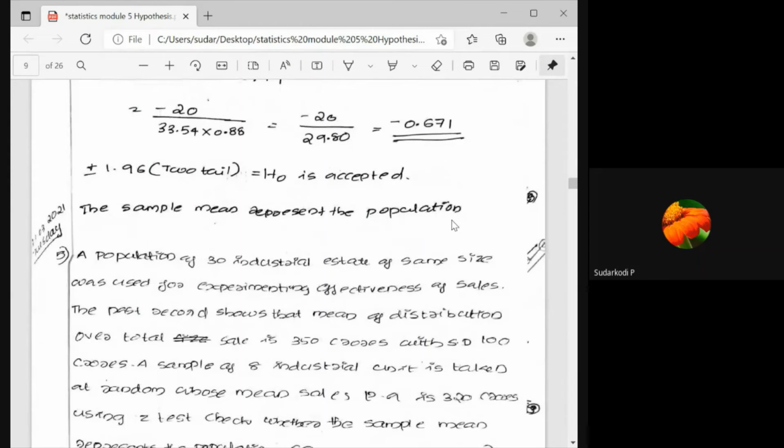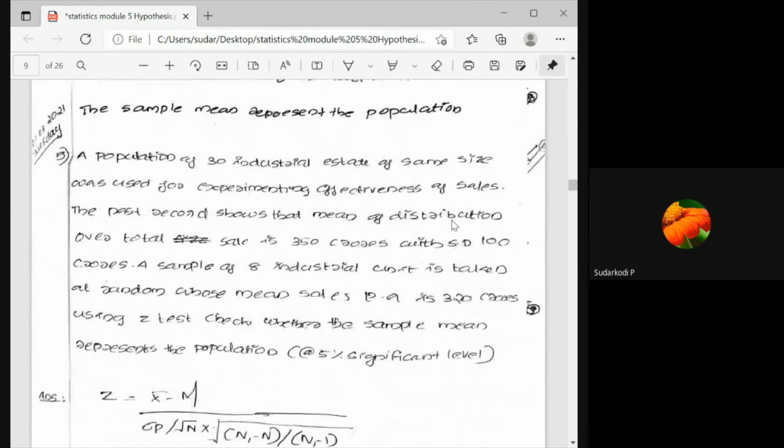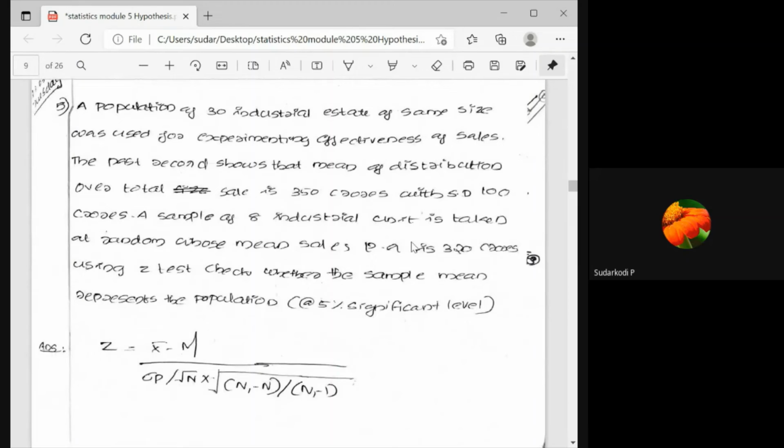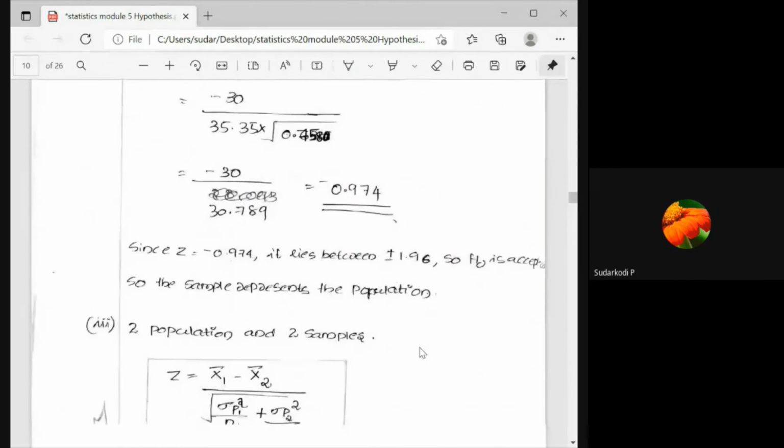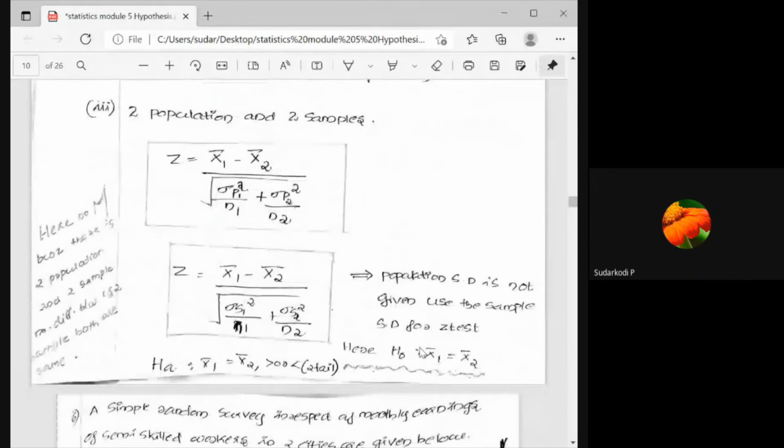Yeah. So last concept in Z-test. This is again one more sum. I'll send this slide. This is the last formula in Z-test. Basically these are the three formulas which are used in Z-test. So the first formula is when population is infinite. Second formula is when population is finite.